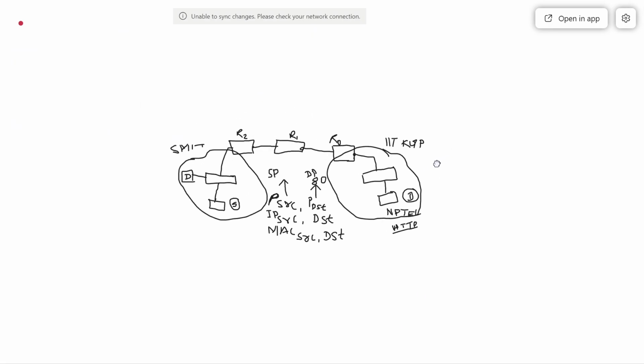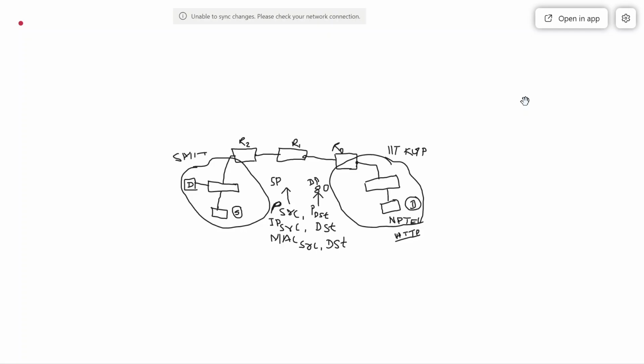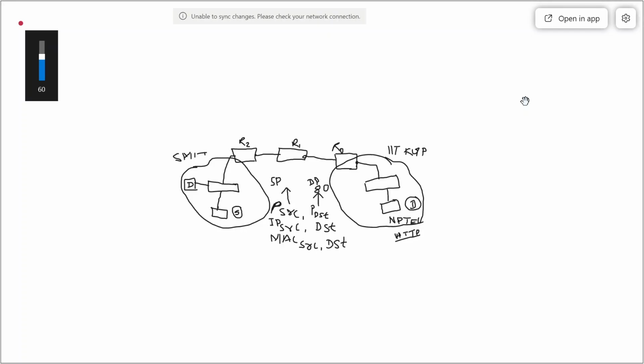HTTP messages can only be sent over port number 80, because the port number of the HTTP protocol is 80. So if I am using HTTP, the destination port will be 80, because the computer here is running the HTTP protocol, that means an HTTP server. So the destination port number is fixed.